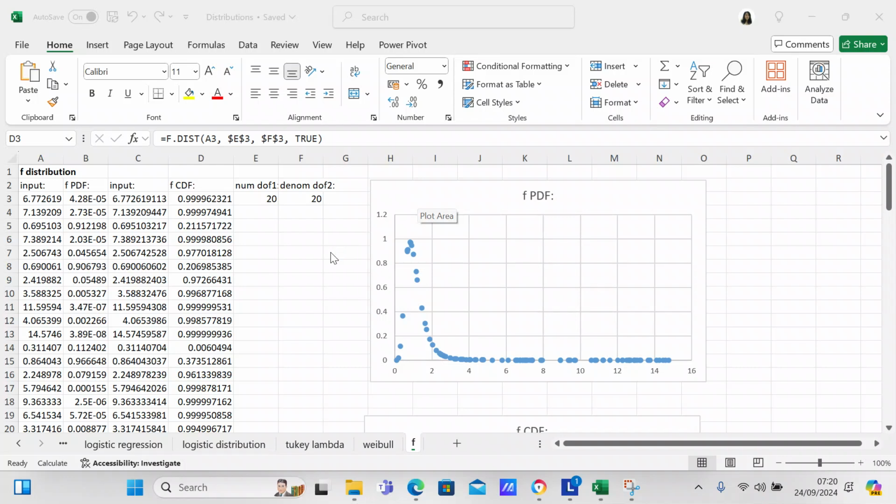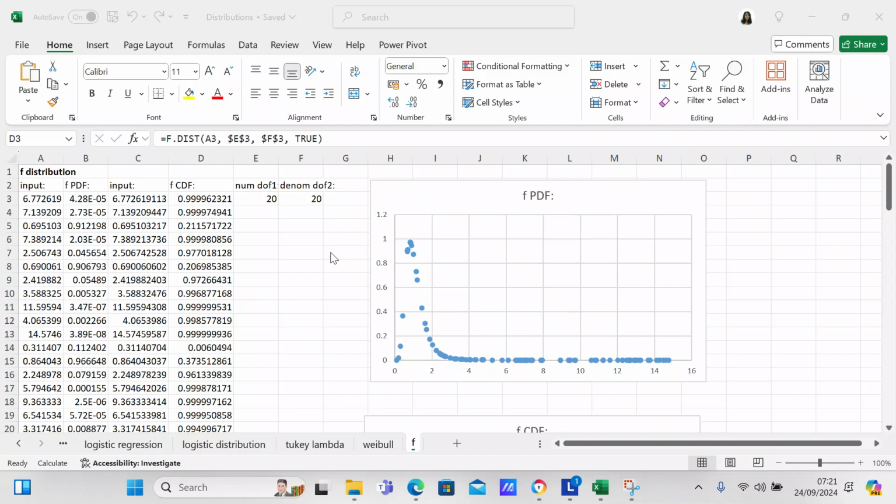And obviously the people who invented the F distribution thought a lot of this Fisher guy if they named a distribution after him. So on this F distribution, in order to create an F distribution, the first thing that you need to find is the numerator and the denominator for the degree of freedom. So in this particular exercise, I used 20. And whenever I use 20, I got the graph that you see in the PDF, and you can see that this is a right skewed